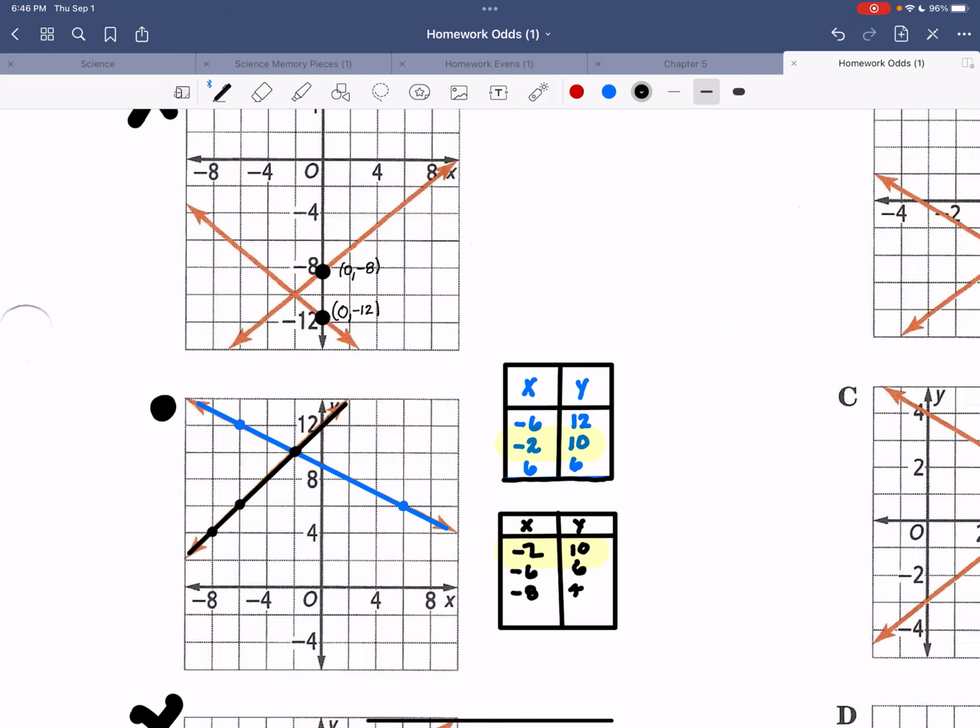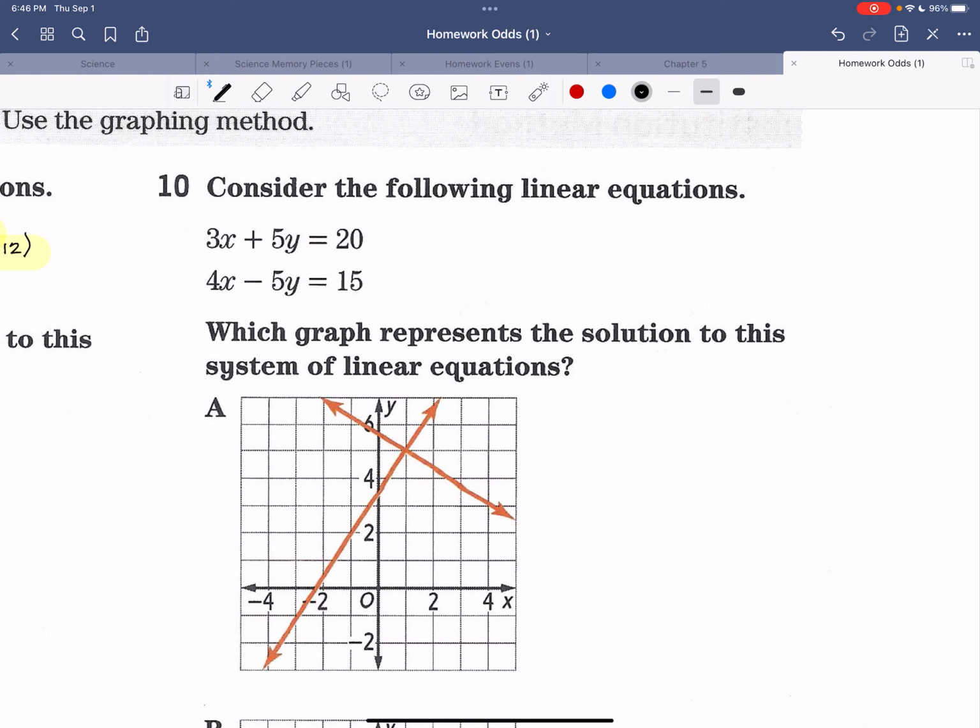All right, finally, we have number 10. It says to do the same thing, basically. We're going to take these 2 points and figure out which of the graphs is the solution. So I'm going to do the same process. I'm going to do slope-intercept